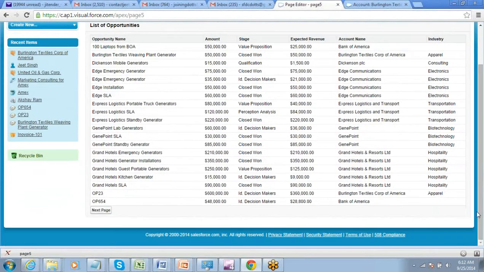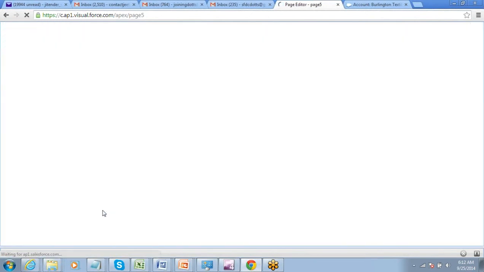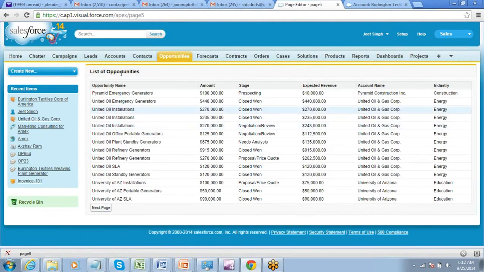Now we have created a button, next page. Okay, this will take you to the next set of records. So the 20 records you get to see, this is the next set of records. See, the next action took me here.